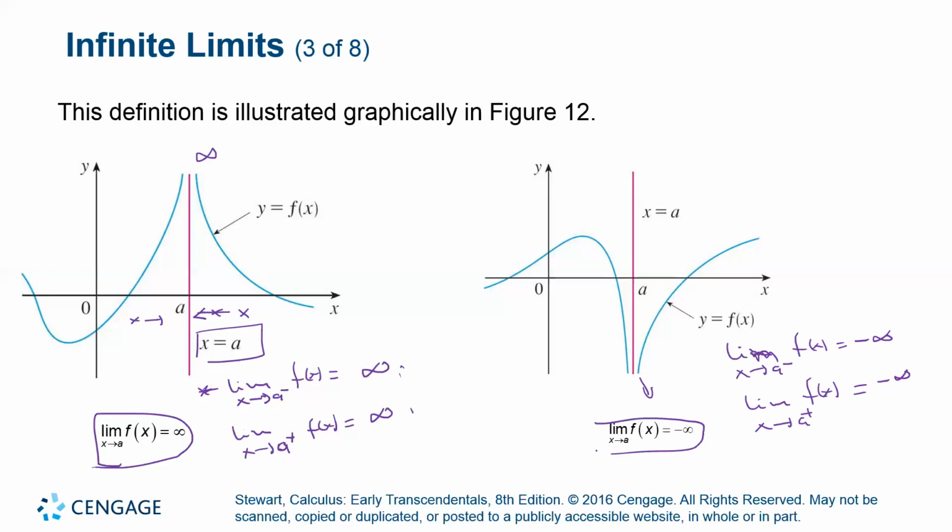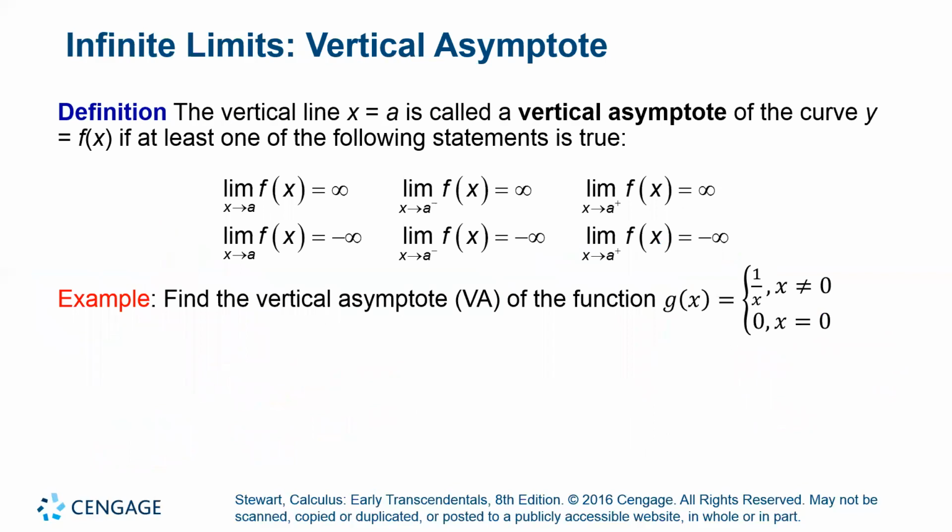Therefore, this is true using the rule that if both one-sided limits are equal, then the two-sided limit is equal to that same value. So this is the formal definition for a vertical asymptote. We can use algebra from Math 126 or Pre-Calc 1 to find vertical asymptotes, but here we're going to use